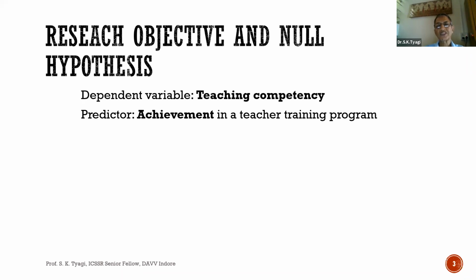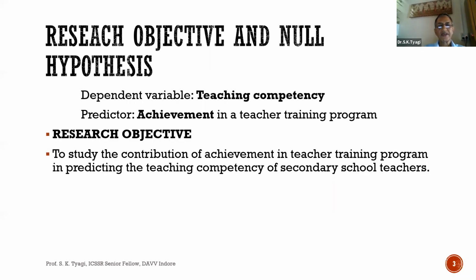Those who achieved well in teacher training program must be competent, and those who were subpar in achievement will be subpar in teaching competency. So I'm interested in predicting teaching competency from achievement in a teacher training program. So this is the research situation, and the objective will be written like this: